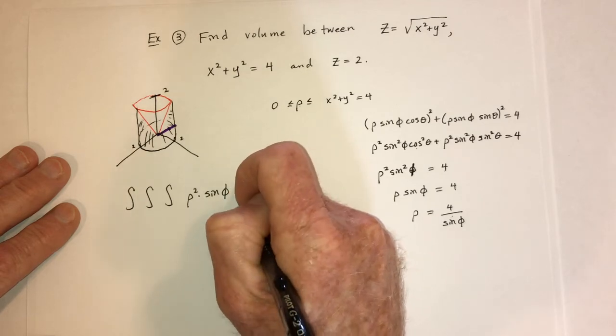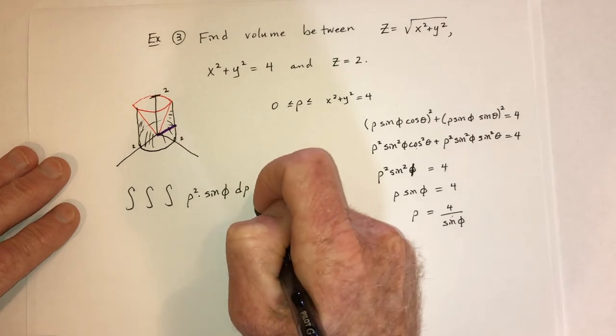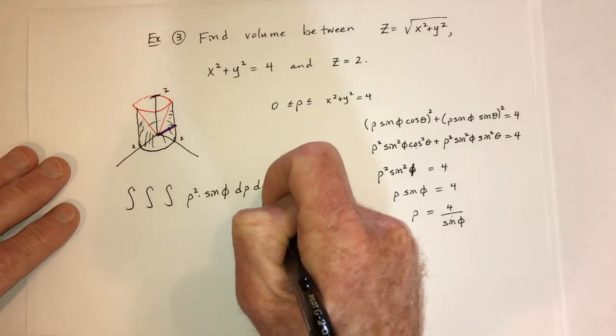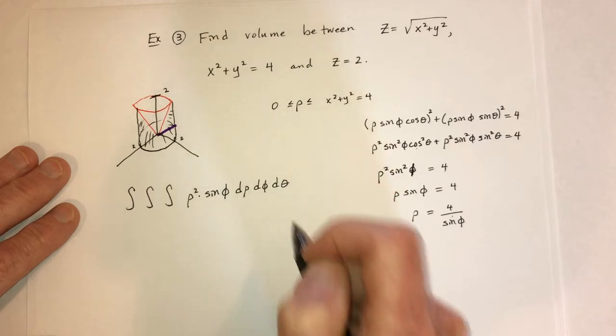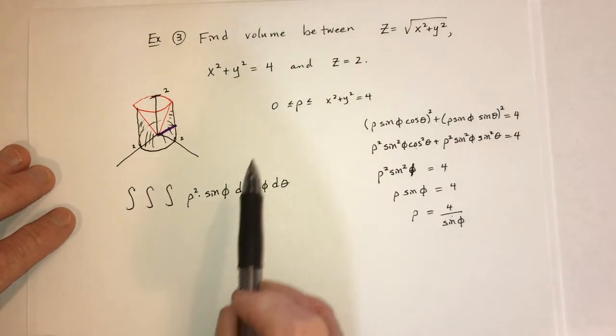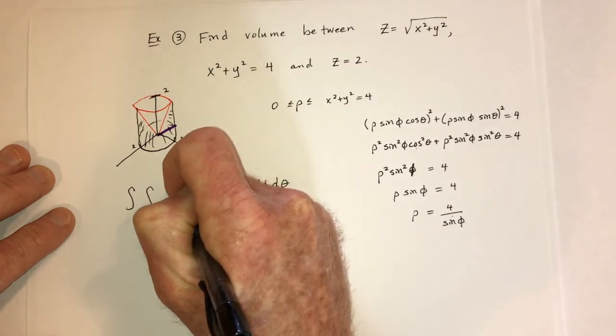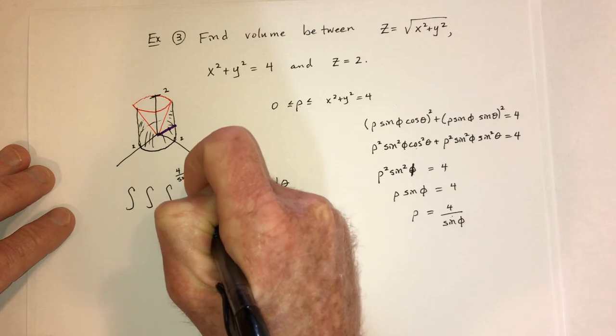And then I'm going to go d rho d phi d theta. And then for this one's limits, that's what I just figured out here. It's going to go from 0 to 4 over sine of phi,